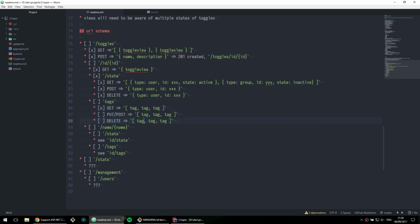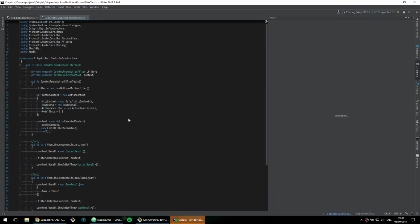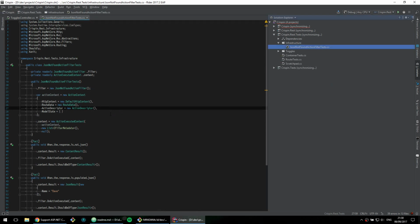Should be a bit more straightforward than doing the state, because we have a much less complicated model to deal with. And then once that's done, I think we'll go on to making sure that the name alias of these endpoints works as well. So without further ado,